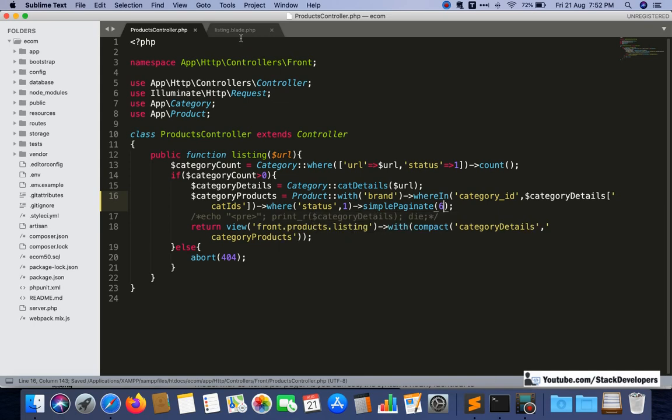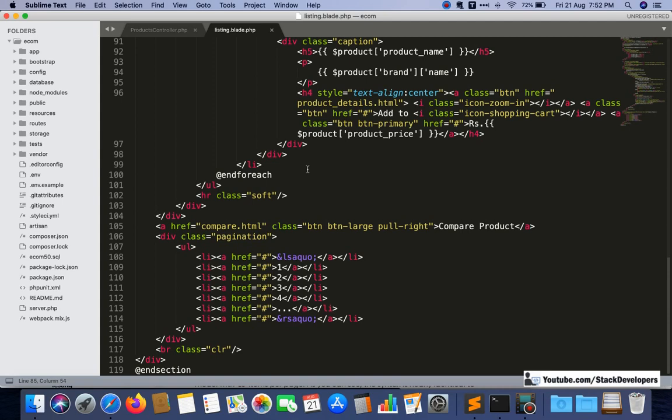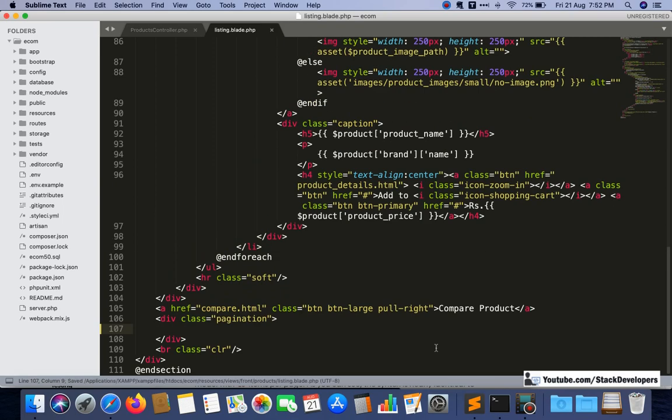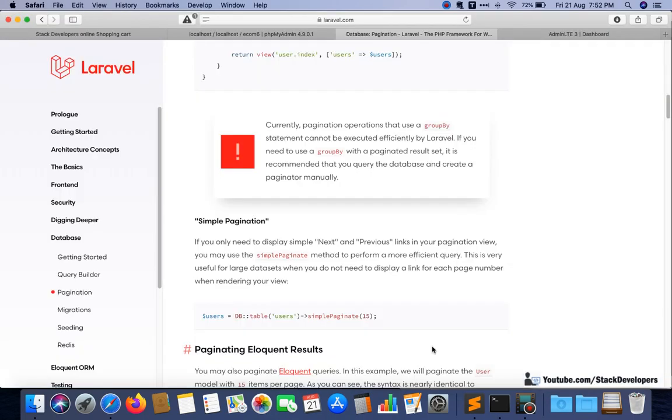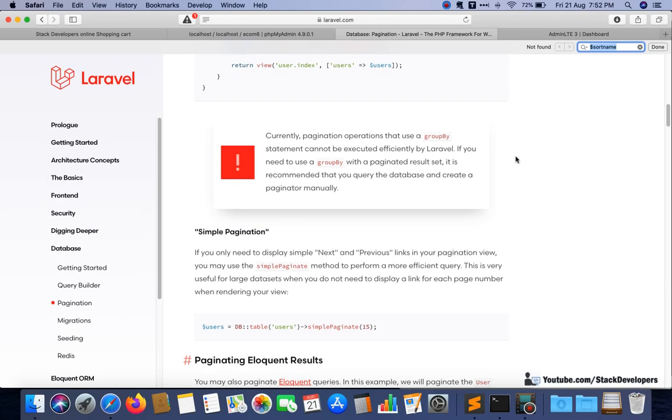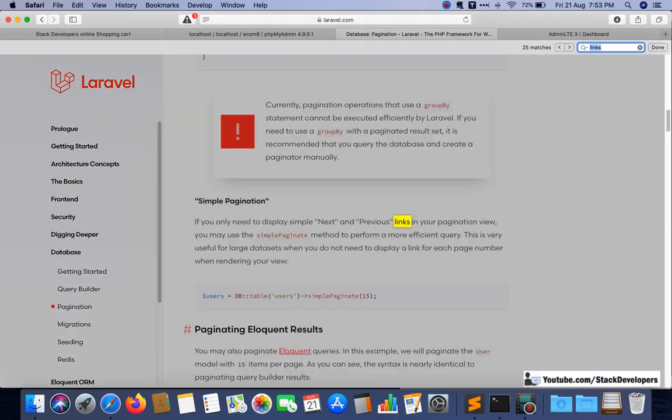Now we can try, but first we want to show that pagination listing here. We can even remove the UL, it is not required, because it will have its own design. We only need to fetch the links method. You can search for links here.